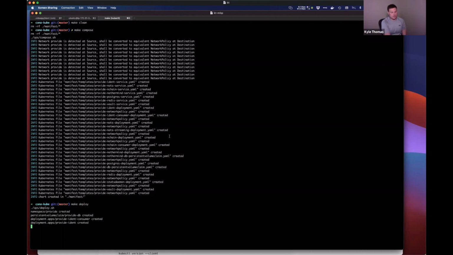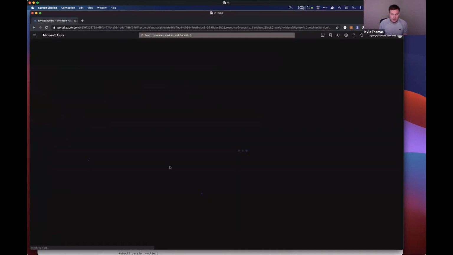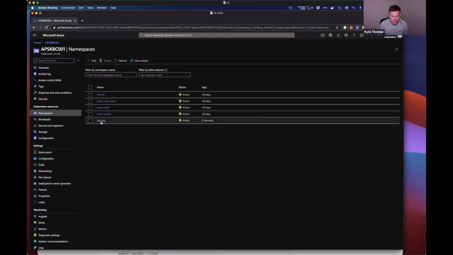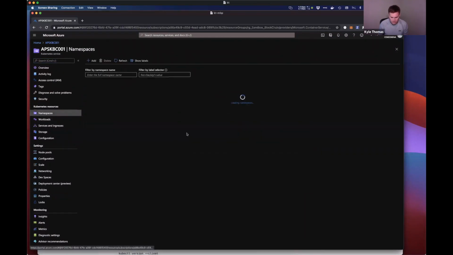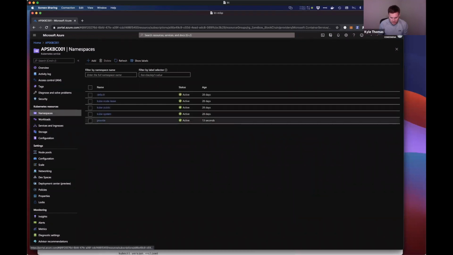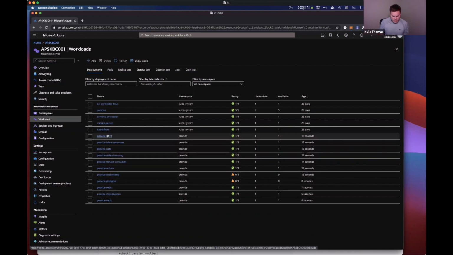And what this is doing is interacting directly with CONA's Azure environment to deploy this new provide namespace here. We'll see some work. There's the namespace right there. And the workloads, we'll see the provide stack. We'll see the provide core, the core microservices: ident, consumer, in-chain, and Vault. And then we'll also see the dependencies, Postgres, Redis,